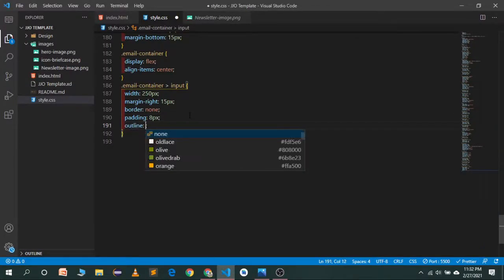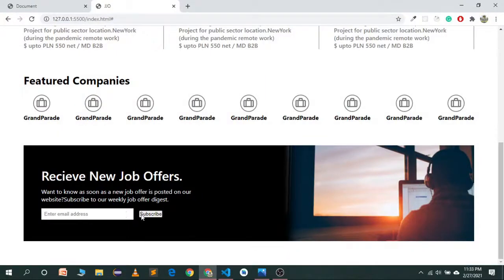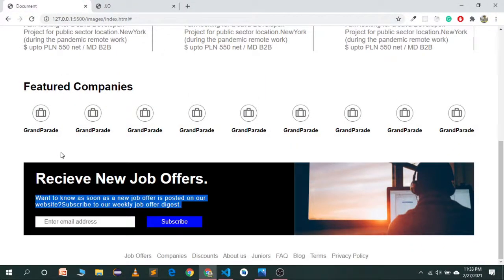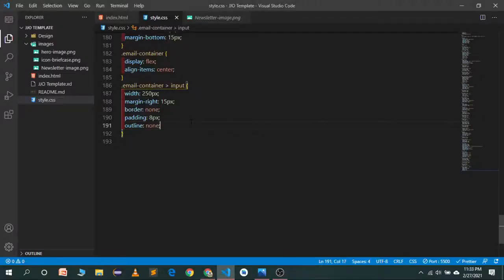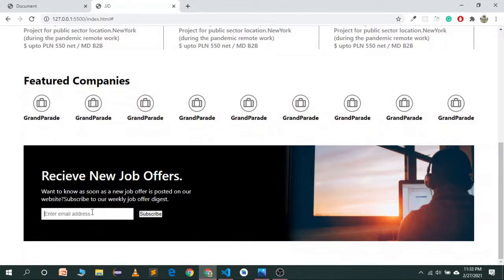Just set the outline to none, so we don't have a default outline. So let's see the demo. Just increase the font size and style the button. Set the font size to something like 14 pixels. Let's save it, and the font size is going to be 14 pixels.